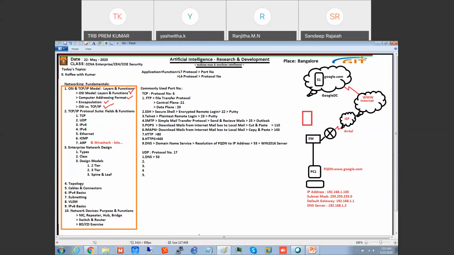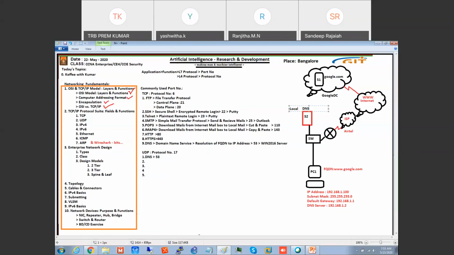Okay, try to understand. In this DNS server, I have kept some entries called A record. We call this local DNS for this understanding.